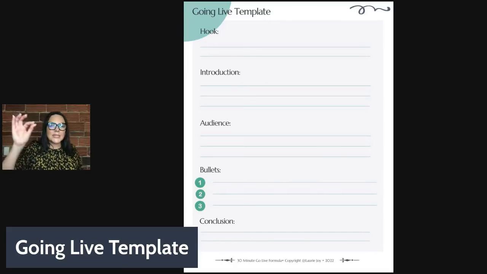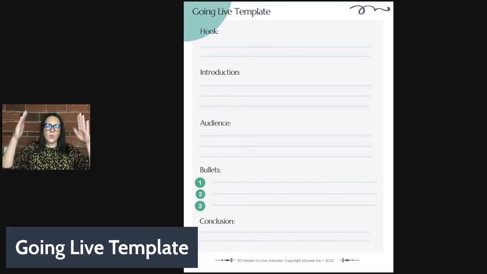And you could literally take the hook, the introduction, the welcoming of the audience, the three bullets you're going to talk about, and your planned conclusion. And you can break that down in a 30-minute template or time frame and say, okay, for my hook, it's just going to be my title and I'm going to mention it. That's literally going to take me a minute. The introduction I'm going to do is I'm going to talk about what they're going to get at the end of this and the 3 points of which I'm going to reference.